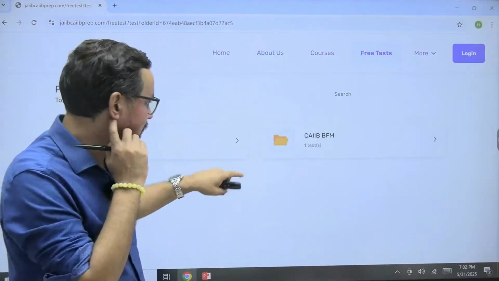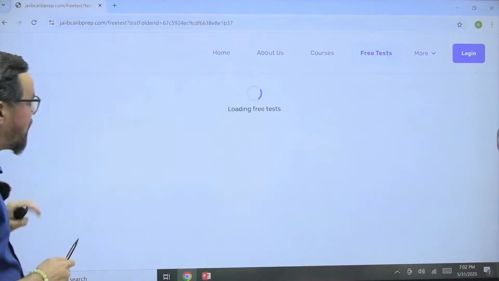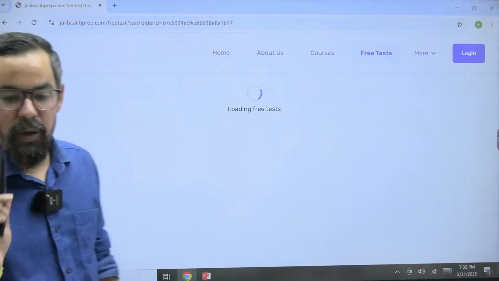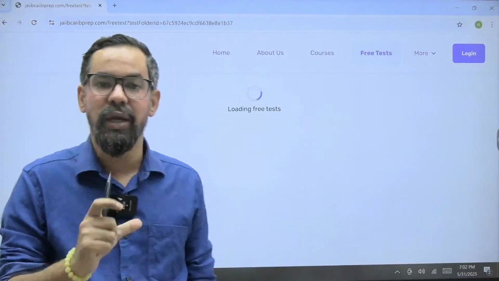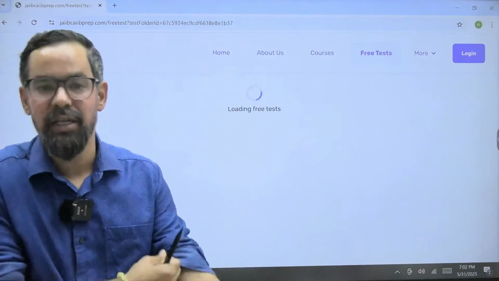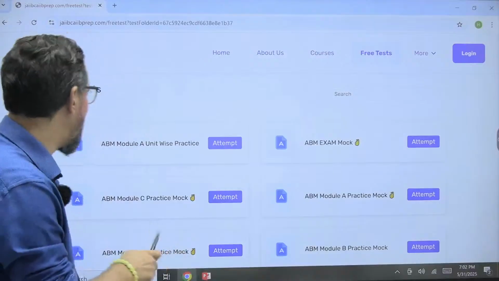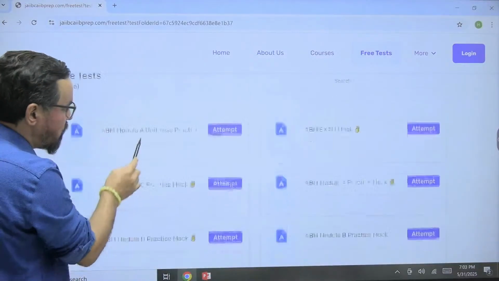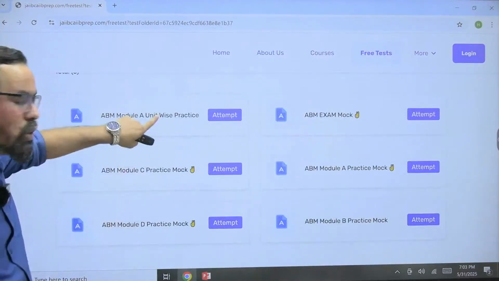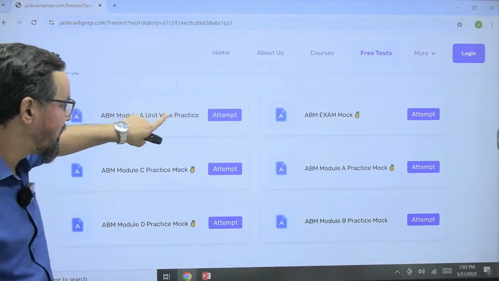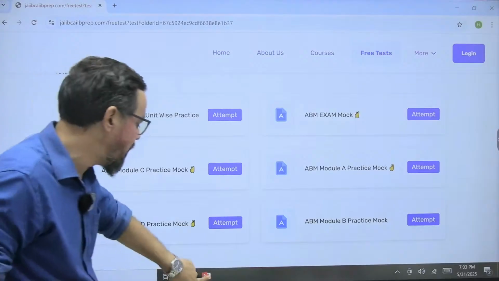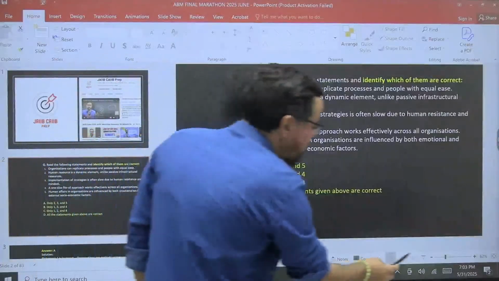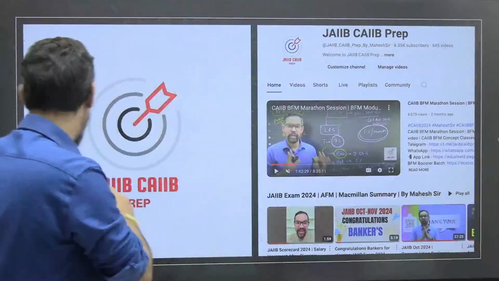So if you come to the ABM one, I have added one practice. ये practice आपको बहुत ज़्यादा help करेगी. At least you can build the fundamental parts, and those who are good in stat can practice through this particular one. ठीक है? So please go for this one. This is the newly added one. I have recently created it. You'll see 95 questions from module A itself, ठीक है.